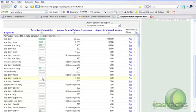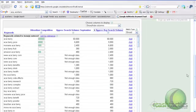Now the search volume on a lot of these terms is relatively low. We can sort by high to low search volume. The term Acacia berry gets about 60,000 searches a month. So this market's not a massive market like six-pack abs would be or something like that. But it's a big enough market that you're able to make a good profit from. And with the trend that we noticed on the Google Trends, and just the knowledge that we know about the weight